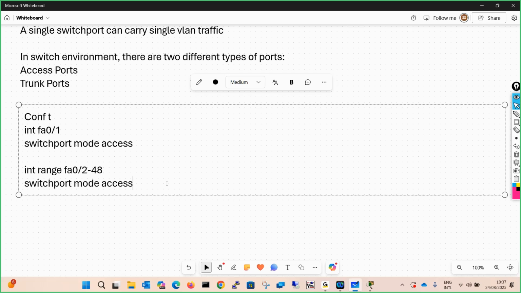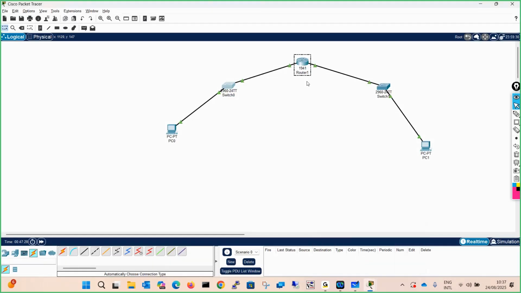Now coming to the Packet Tracer over here, just delete this router.